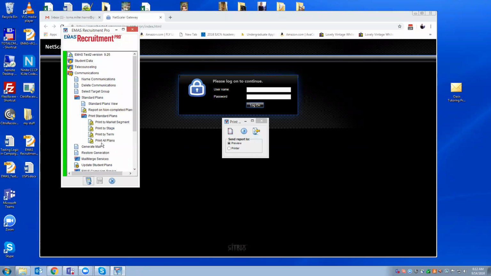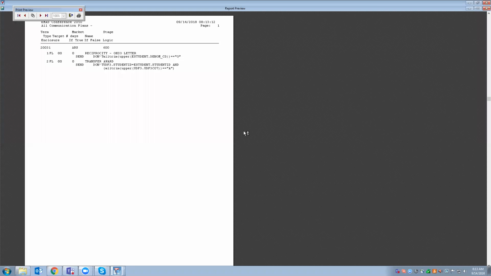So here's the report that we'd like to recommend that you go ahead and run. It's print all plans. It's at the bottom of the print standard plans menu options. And you're going to just preview it. I don't recommend that you send it to the printer, because there might be 2 plans per page, but it's way too many pages that you probably don't want to print.